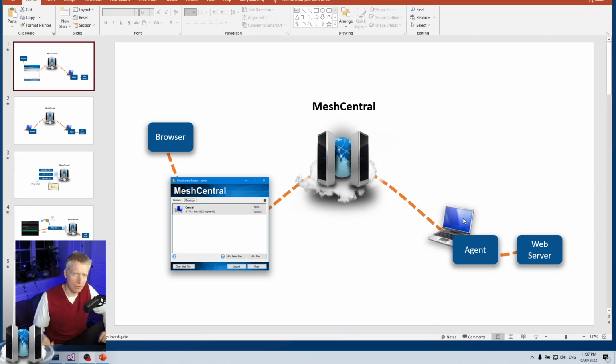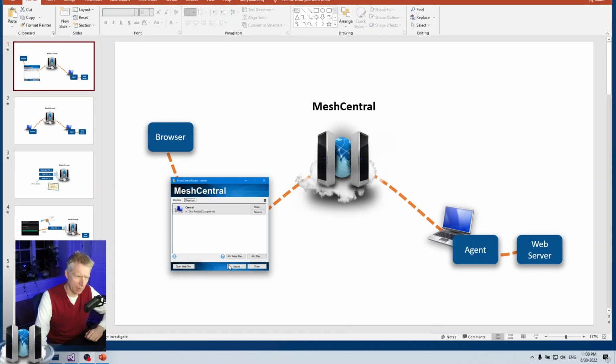And sometimes it's not. Sometimes the agent is somewhere on a remote network and the web server is on a different machine on that remote network. Regardless of the configuration, usually what you would do is use Mesh Central Router to port map a local port on your computer to the remote port on that web server.